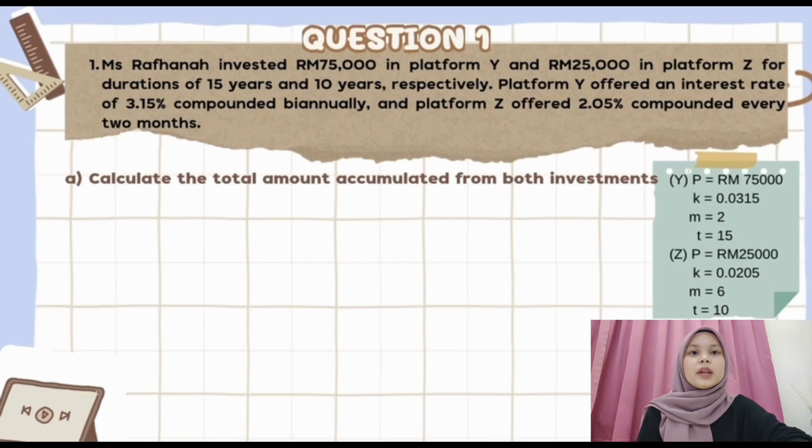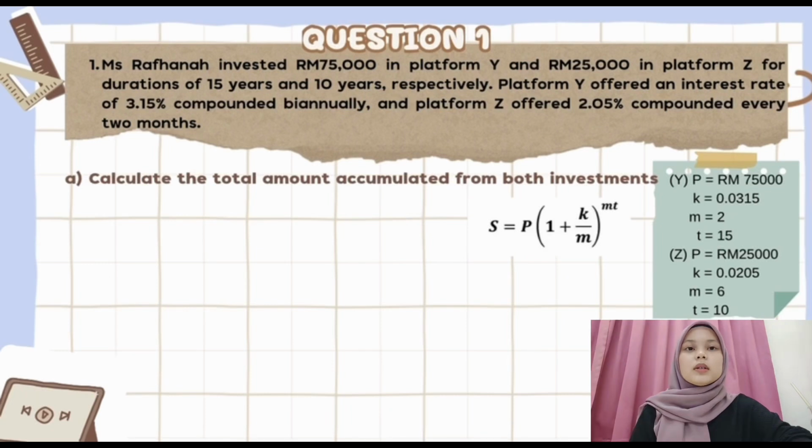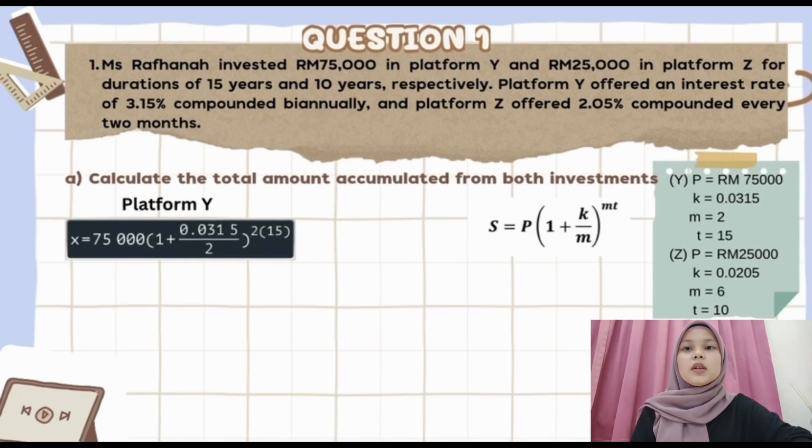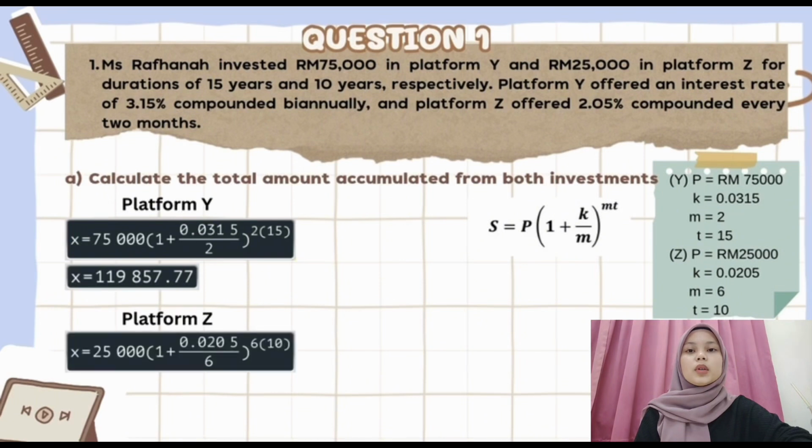So, for platform Y, P is 75,000, K is 0.0315, M is 2, and the last one, D is 15. We insert this information into this formula and the answer is 119,857 ringgit 77 cents. For platform Z, the information is P is 25,000, K is 0.0205, M is 6, and the last one, D is 10. We insert this information into this formula and we get